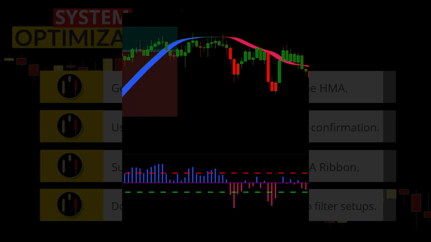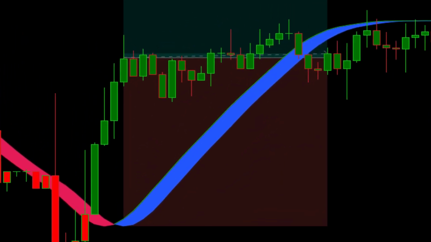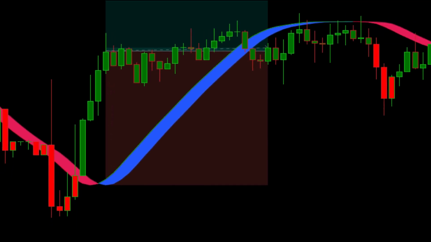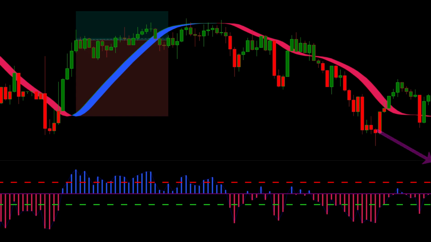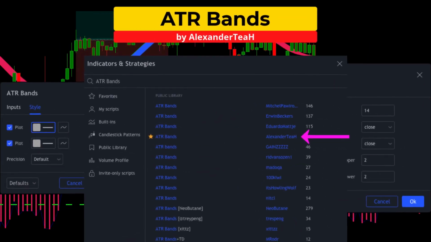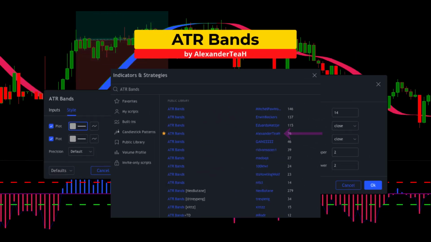happen. Third, and this is more subjective, but looking at this chart, you can see that there is a huge gap between the HMA ribbon and price, and this could be an indication that this entry signal is late and you missed most of the move. For a more objective view of this, you could deploy an ATR ribbon, maybe at 2 times the ATR for